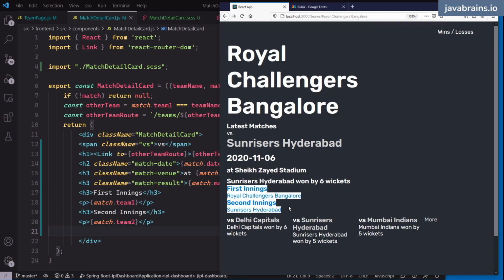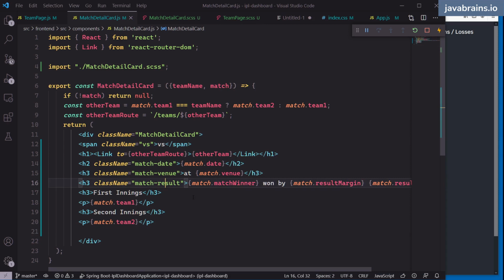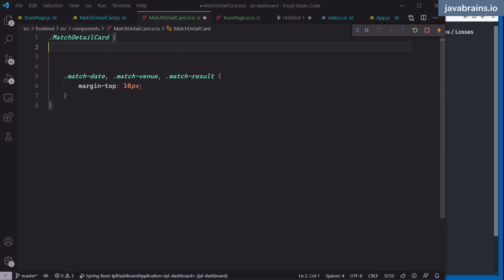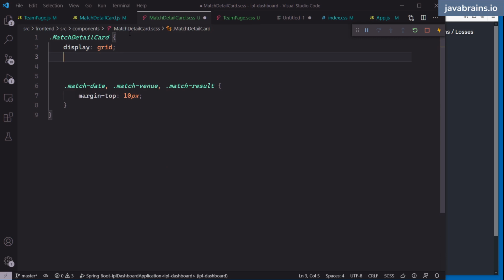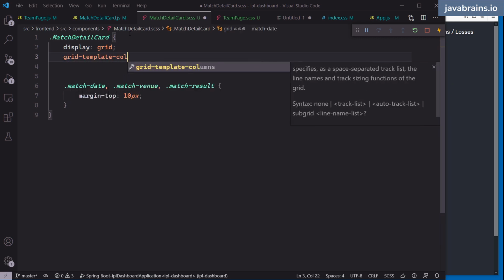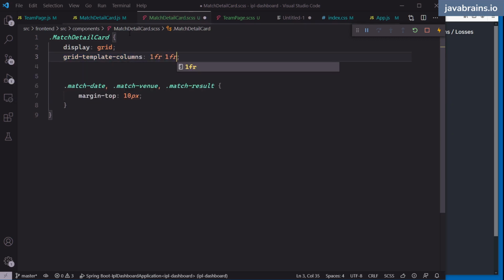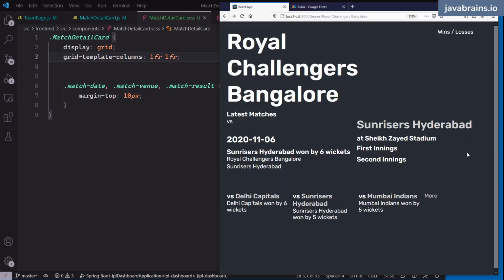I'm gonna try moving this over here, maybe to the right. I can do that by making this a grid, right? It's easy to align things in CSS these days. I just have to make it a grid. All right, let me make this display as a grid. So it's basically a grid within a grid, and then grid template columns is going to be 2, all right? So 1FR, 1FR. Okay, now it's going to basically put all the divs and split it over here, which is